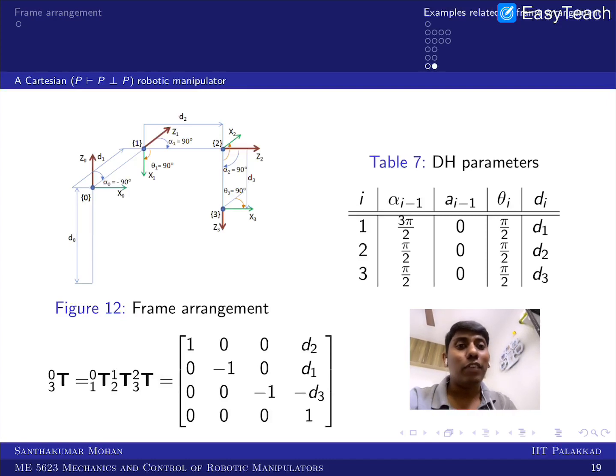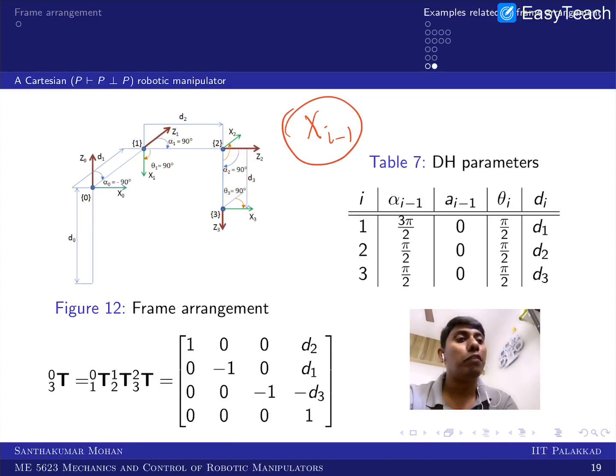We'll see it in a recap with one simple manipulator. Randomly we take one of the commercial manipulators, and we will make a frame diagram along that as a recap video. So this is just to give an idea of how we can fix a frame. One idea you should be very clear about: the frame i minus 1 needs to be fixed, and that depends on z i minus 1 and z i.